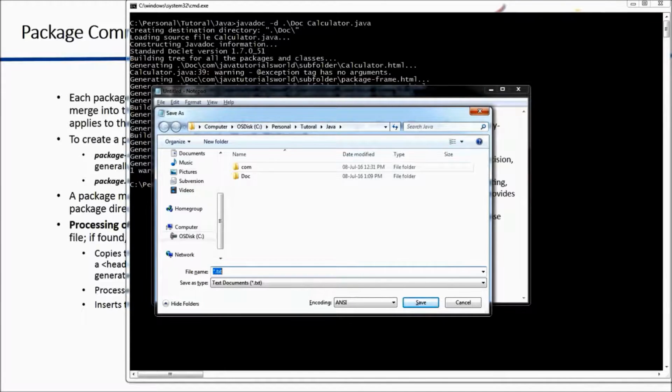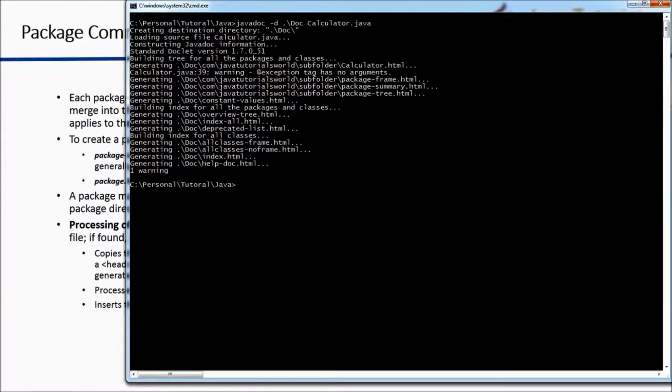and I'm saving this file inside this particular folder, and we should give this .java file the name package-info.java. Now if you rerun this Java documentation,